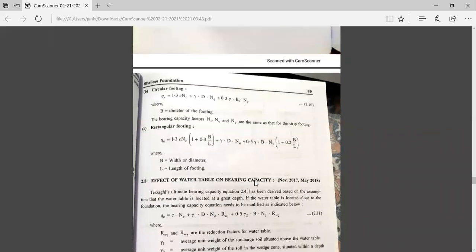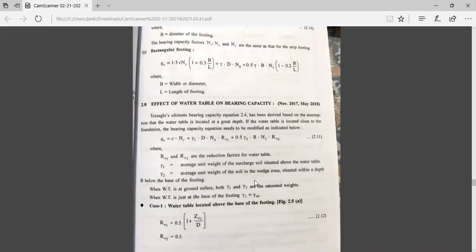Our next topic is the effect of water table on the bearing capacity, right? So, basically, Terzaghi's ultimate bearing capacity, which is given in equation 2.4, as we have already studied, has been derived based on the assumption that the water table is located at a great depth. So, if the water table is located close to the foundation, the bearing capacity equation needs to be modified